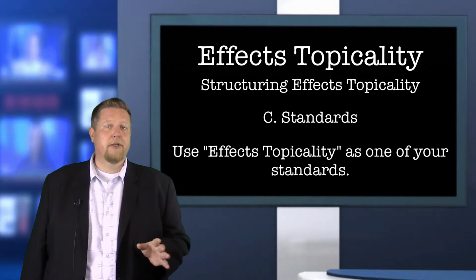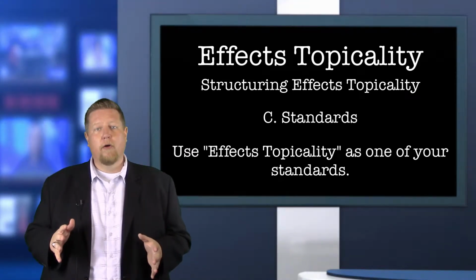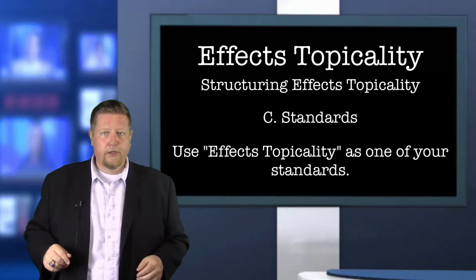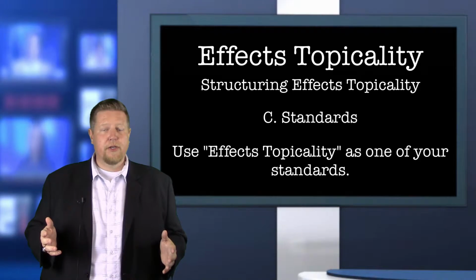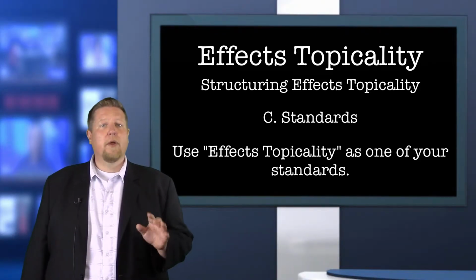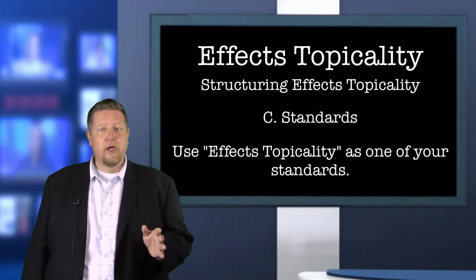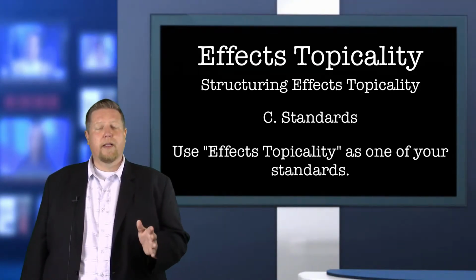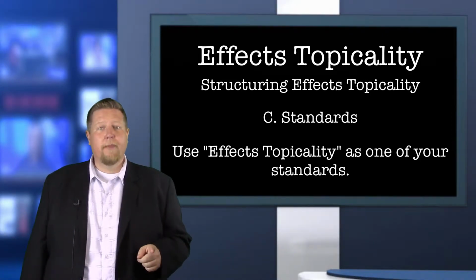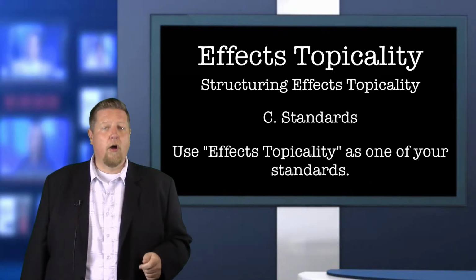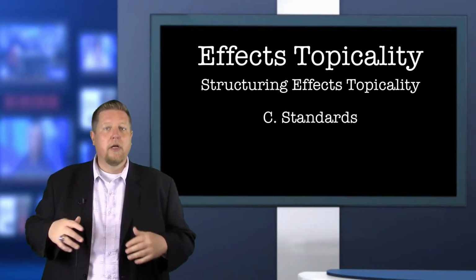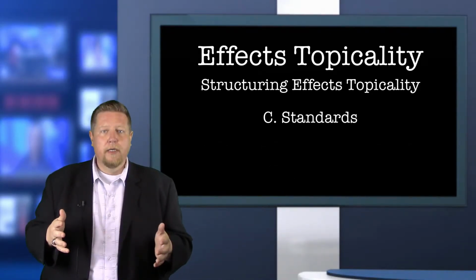And in the standard section of your topicality argument, you should use effects topicality as a standard. Here you should introduce the concept of the vacuum test and ask the judge to vote for the interpretation that best allows for directly topical plans. It sounds a little like this. Subpoint C are our standards, and we have 3 standards. The first is effects topicality. We believe that the best interpretation of the resolution is the one that requires a plan to be directly topical in a vacuum, which means that the plan text itself should be directly topical by itself. The affirmative plan text is indirectly topical, and in order to be topical, the affirmative team has to include solvency and harms as eventual effects. Note that we said we have 3 standards, so here's your chance to include other standards such as predictability and ground. Now here's a trick.